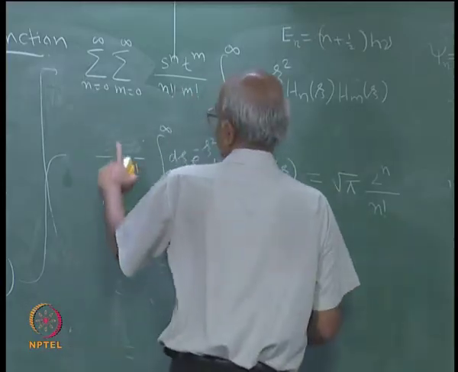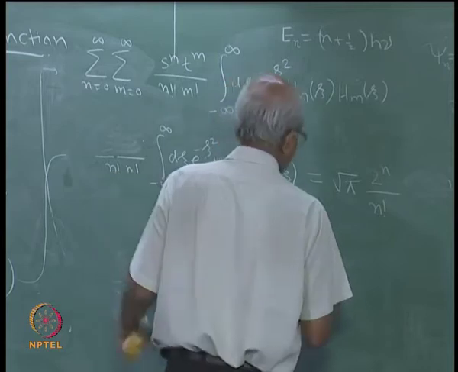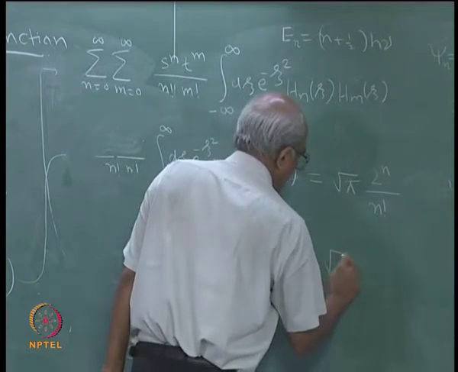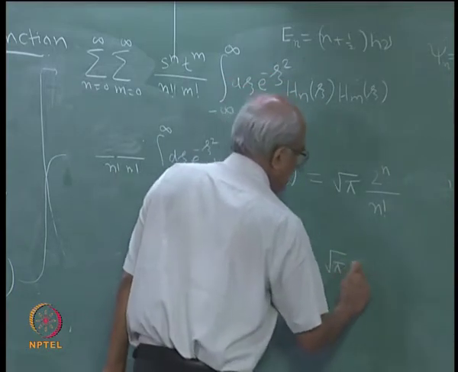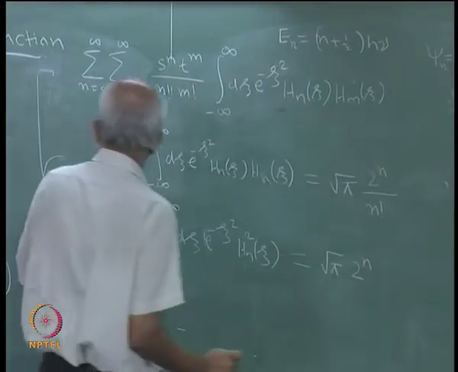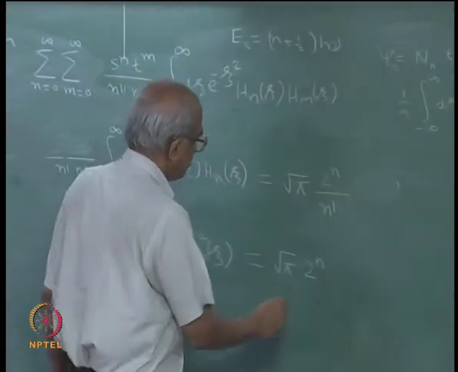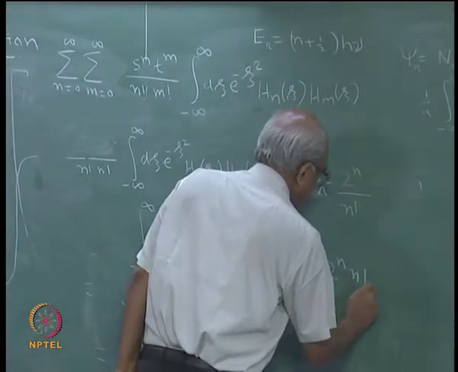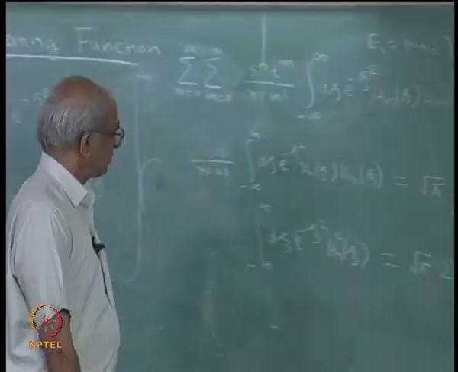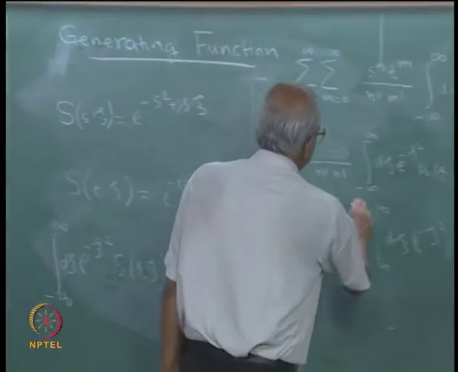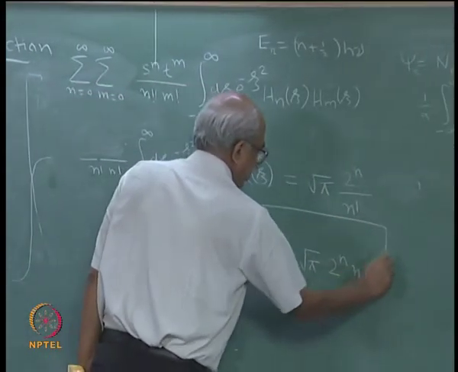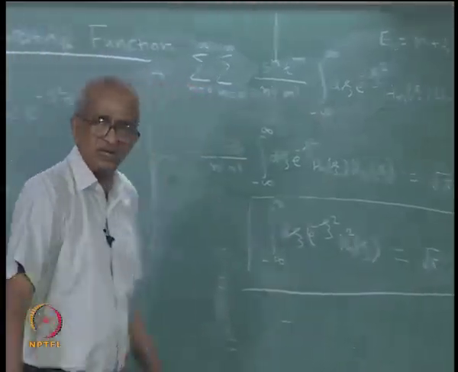There is 1 by n factorial 2 times here. So, therefore, you will actually get the answer root pi 2 to the power of n, this 1 by n factorial square actually can be taken to the other side and you will get an n factorial. So, this is the answer, and the answer is very general, it is valid for any n,